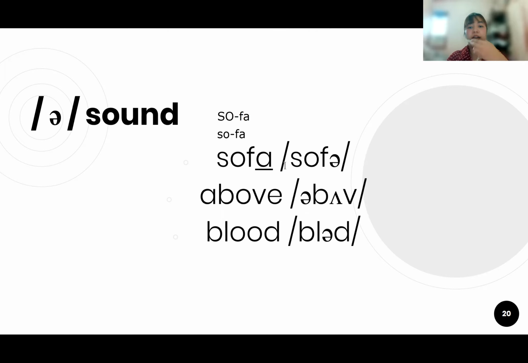Sofa. So that's why if the sound falls on an unstressed syllable, we use the schwa. Sofa. Since we don't say "sofa" with stress on the last syllable, it's "sofa." In fa, there's a schwa sound and it is unstressed. Since we said that the fa syllable is unstressed and the A here makes the schwa sound, we use the schwa. So that means the inverted V or the next symbol that we have